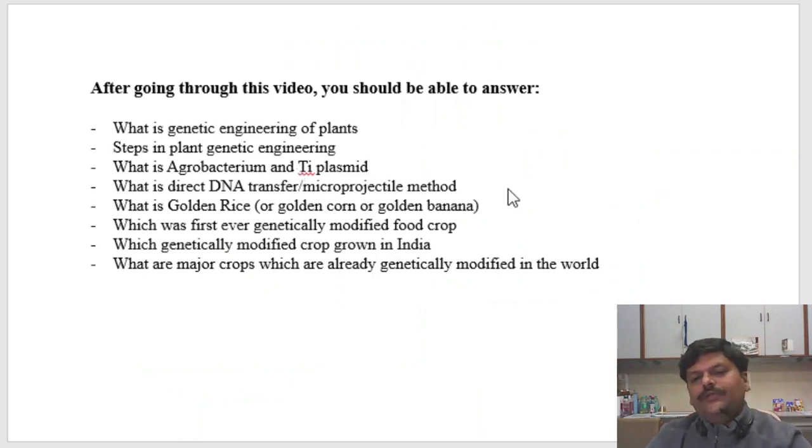After going through these videos, I put certain questions which you should be able to answer, and there are many other questions which can be answered by seeing this video. Some of the questions are: what is genetic engineering of plants? What are the major steps in plant genetic engineering? What is Agrobacterium and what is the Ti plasmid in Agrobacterium? What are the methods for direct DNA transfer? One method is microprojectile or gene gun. Others are electroporation and